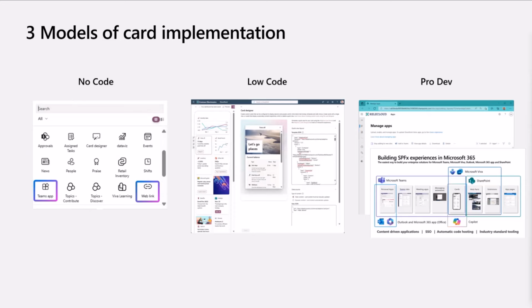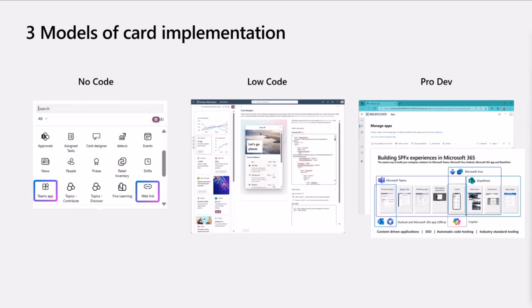And those cards are dynamically showing the relevant information and the images and icons from the target application. We have the low-code option, which is the card designer. A lot of innovation and investments on that one as well. So making it super easy to build low-code, not pro-code, low-code capabilities, hitting APIs like Microsoft Graph, surfacing information, or